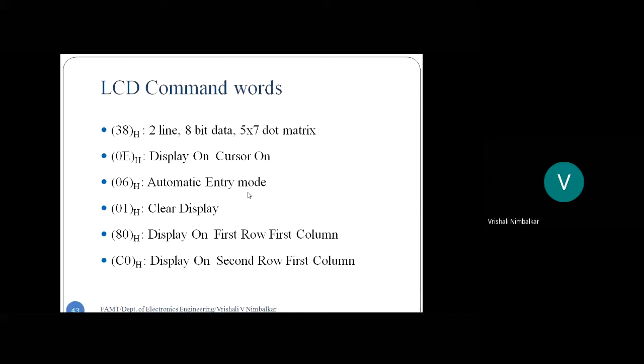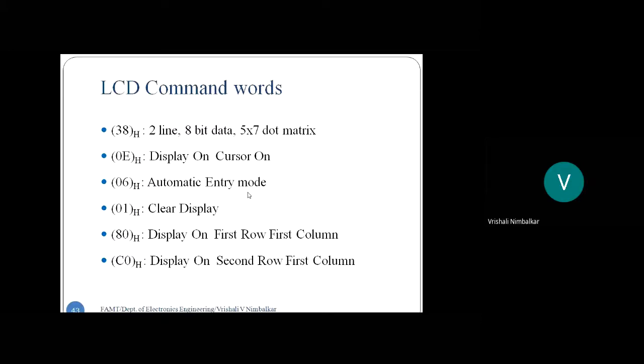Suppose we want to display welcome. In the program, I should only tell where W should appear. Let me say W should appear at 84 hex, first row, fifth column. Once W is told to the LCD, the other letters E, L, C, O, M, E will be displayed automatically on the next column, and the next column, and the next column.